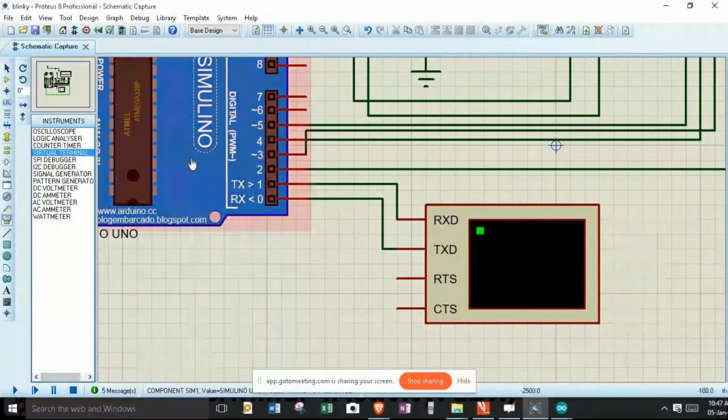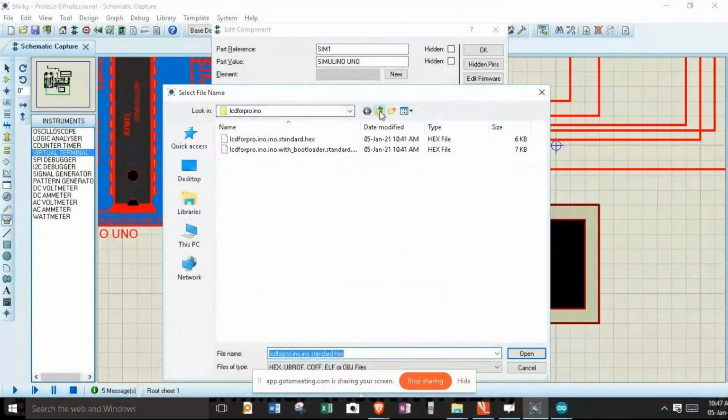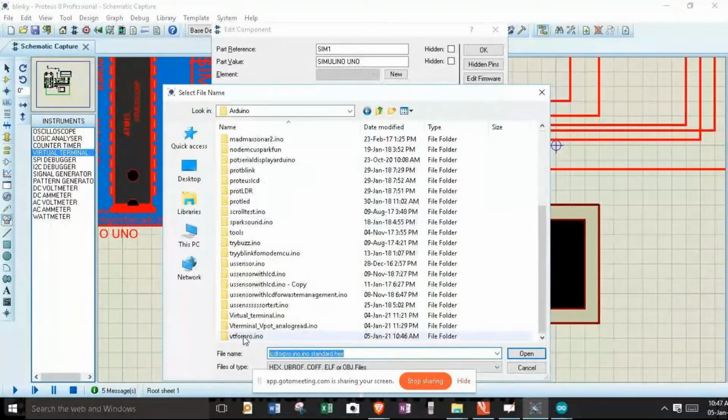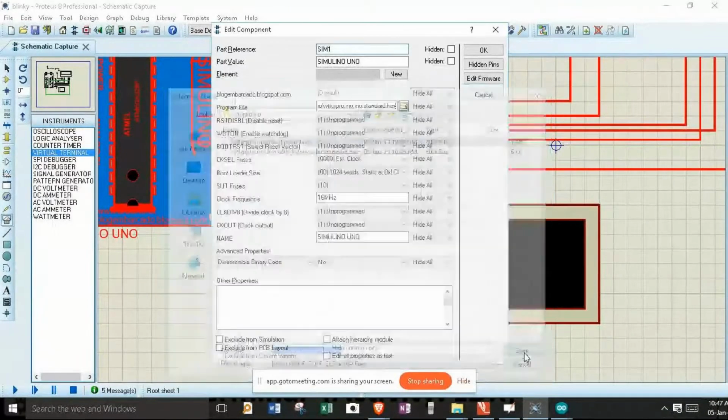Now all I got to do is run this program. Before I run this program, I got to load the corresponding hex file, for which I got to double tap on this Arduino Uno, and I got to change the program to virtual terminal, that is VT for Pro standard.hex. Hit open and hit OK.